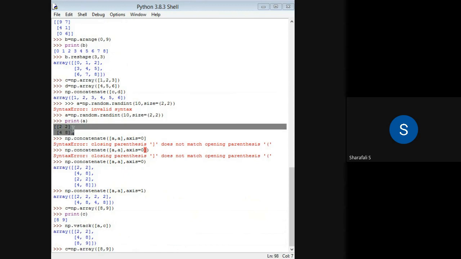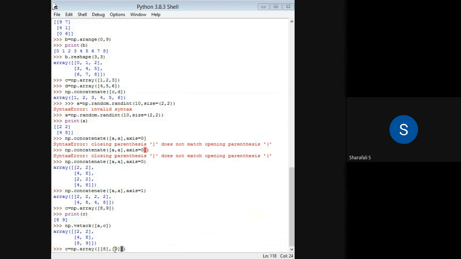In order to concatenate it column wise, I have to consider this as two rows, so I will put a number of square brackets here. This is the first row and the second row, because we need two rows.